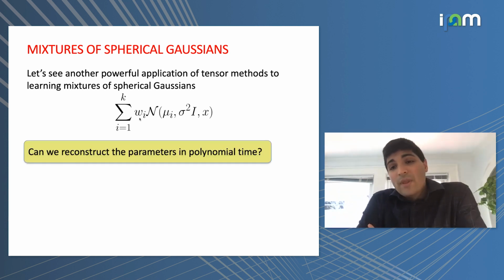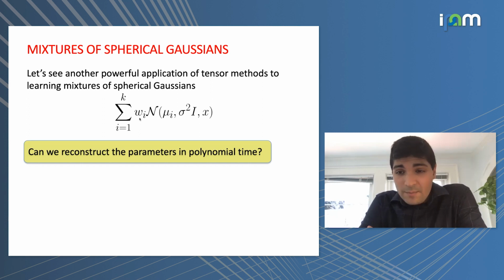So the basic problem that we want to solve in this space is to reconstruct the parameters, which in this case are the mixing weights and the means, and you can even allow the variances to be different scalar multiples across different components, but you want to do it in polynomial running time and polynomial sample complexity. So that's the basic problem. What this problem really has in common with the phylogenetic reconstruction problem and the hidden Markov model problem is that what makes it challenging is that you have latent variables. Here, the latent variable is that when I observe a sample, I don't know which component generated it.